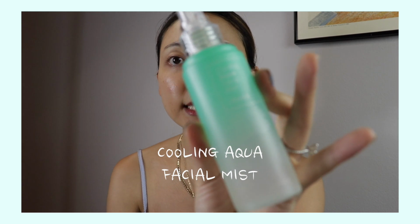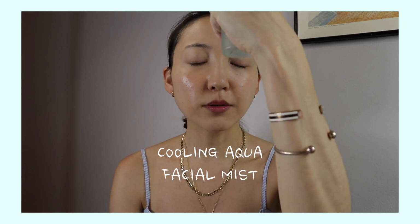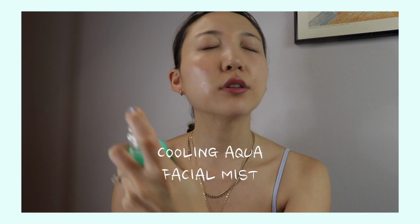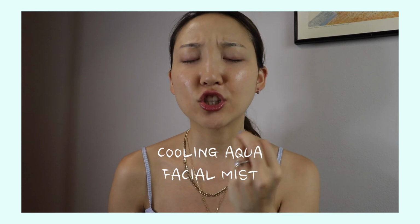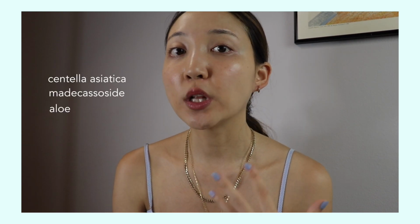So after just washing it with lukewarm water, I usually just go in with a mist. So this is the Cooling Aqua Facial Mist. It is so incredibly cooling. I wouldn't say this is super hydrating because it's so lightweight and thin, but it does have that really refreshing sense to it. It's so refreshing and purifying, mainly because of its ingredients that include centella asiatica, madecassol, aloe,